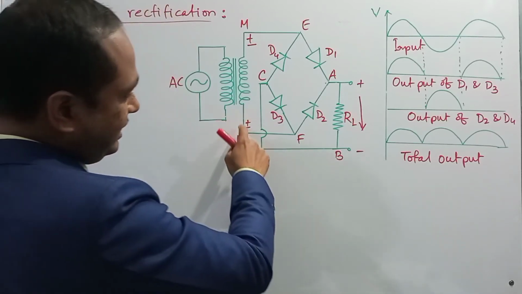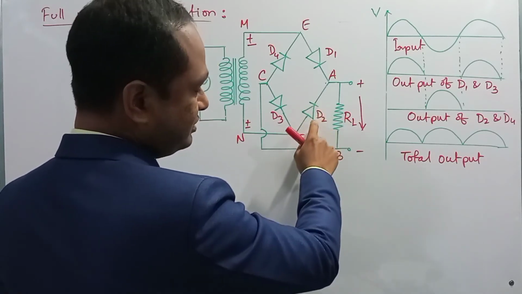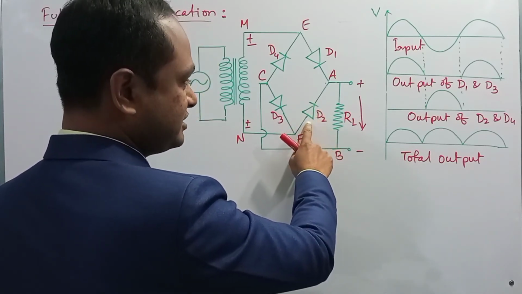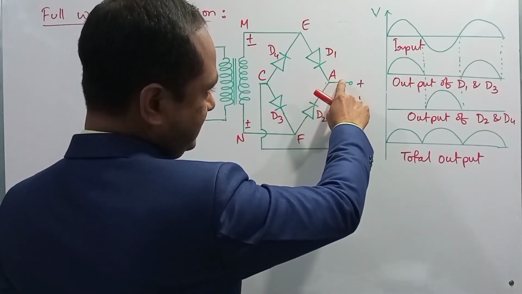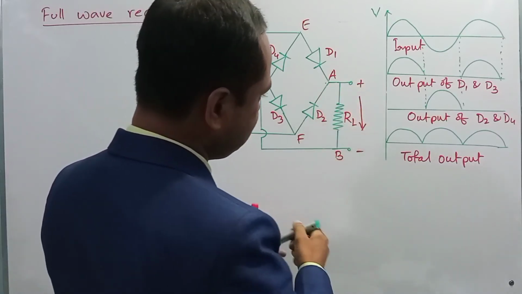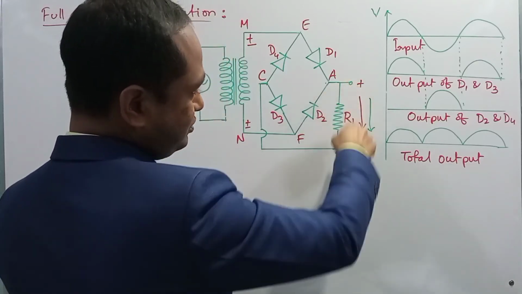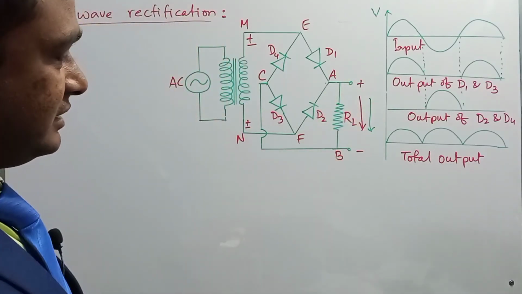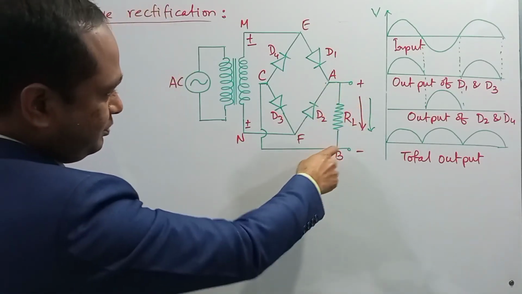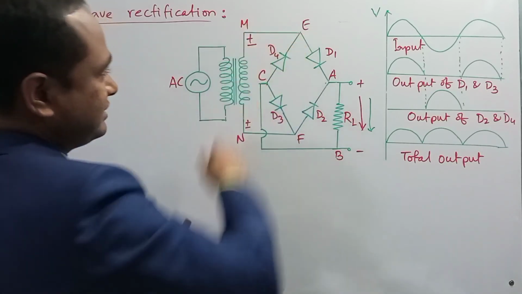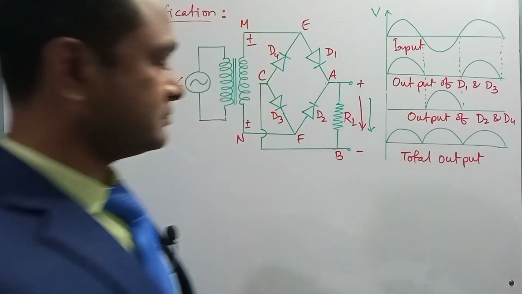So in that case, the current will pass from this point following through F, it will pass through D2, then D2 will be forward biased. So current will pass through D2 and following the point A, it will pass in the same direction. That is, for the first half cycle, the current will pass from A to B, and for the second half cycle, the current will also pass from A to B. Following the point, it will pass through D4 and reach the negative point. Okay. So dear student, which is represented in the